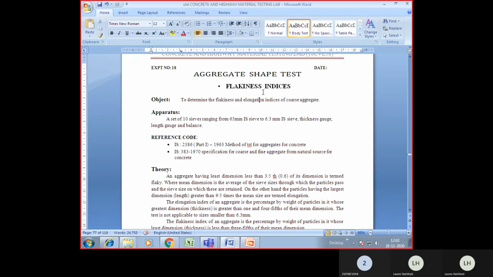Flaky means the thickness is very less, and elongated means the length is very large. Of course, how much large and how much less, we'll speak about later.